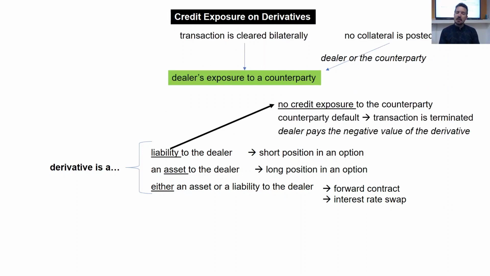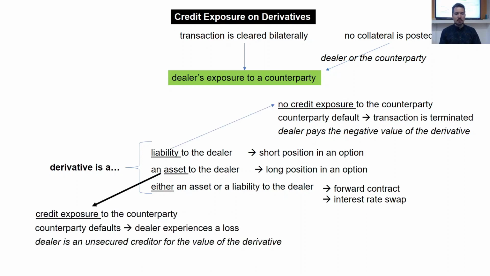So okay, in the case of a liability, what happens? We are writing out an option, the partner is going down, then they don't need to be served later on. So for us it's no problem, we have the money, we sold the option, and after that we don't have any further credit exposure towards the counterparty. Once they are liquidated, so their positions are written down, then we have to pay the negative value of the derivatives, but that's all. So it's cool.